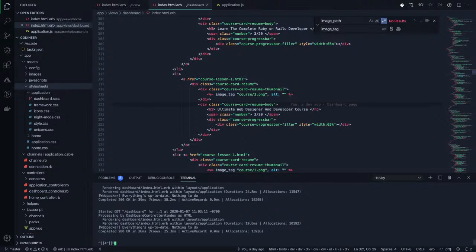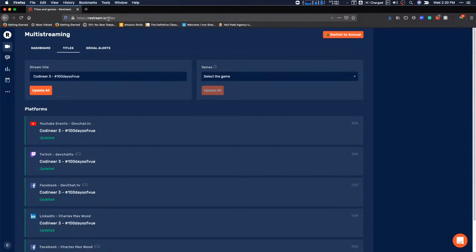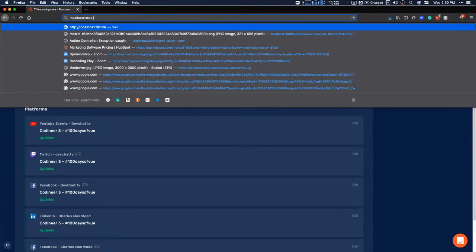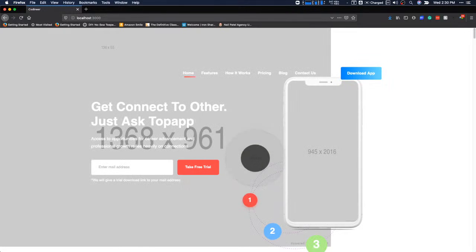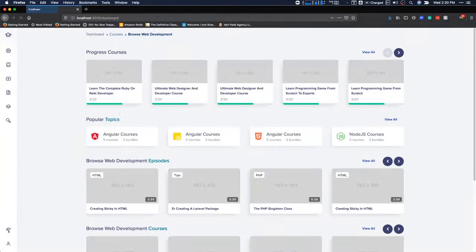is running still. So that means that I should be able to go to localhost 3000, right? And if we hit the dashboard, all right. So this looks like it's working, but one thing that I would like to manage on here is